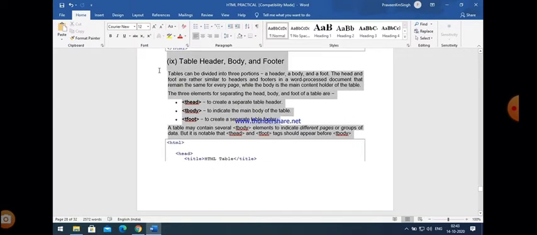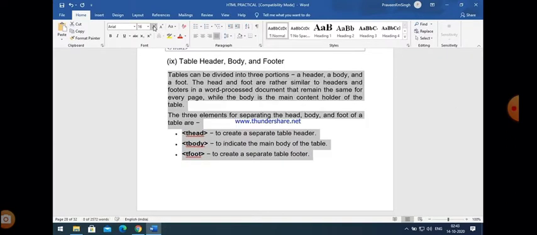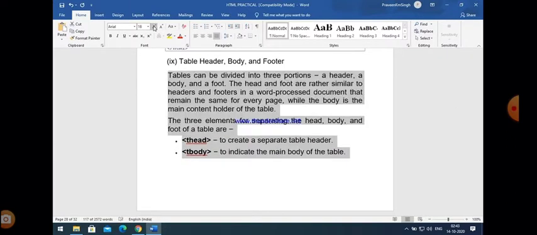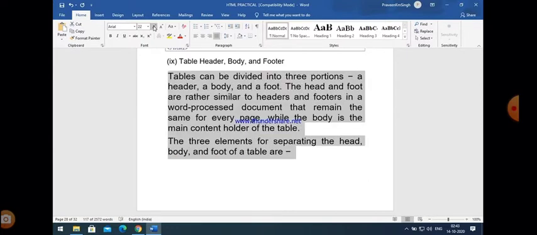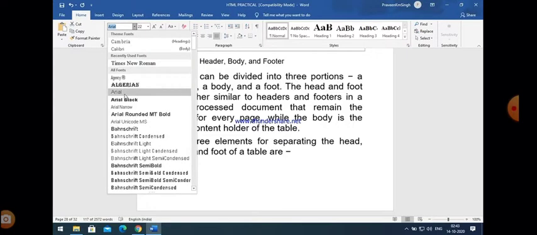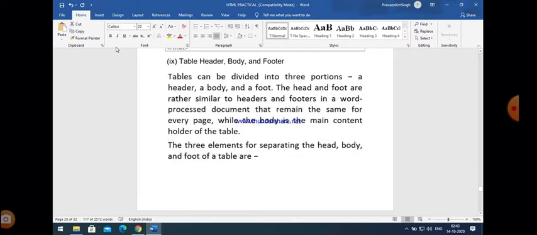The head and the foot are rather similar to the headers and footers in a word processor document that remain the same for every page, with the body being the main content holder of the table. The three elements for separating the head, body and foot of the table are given as